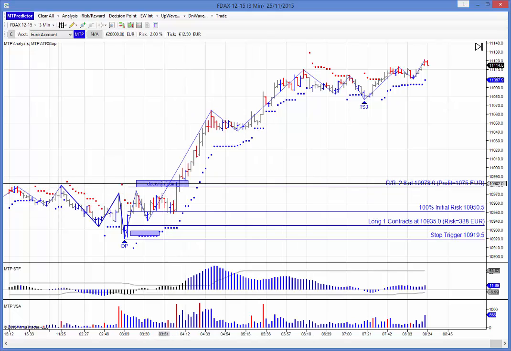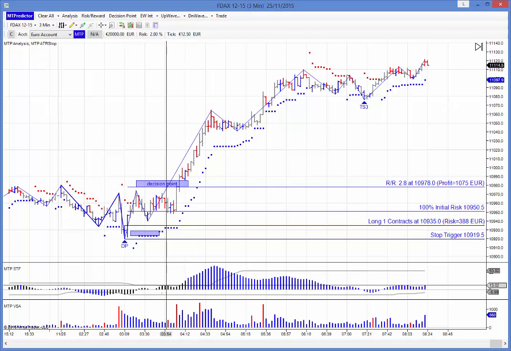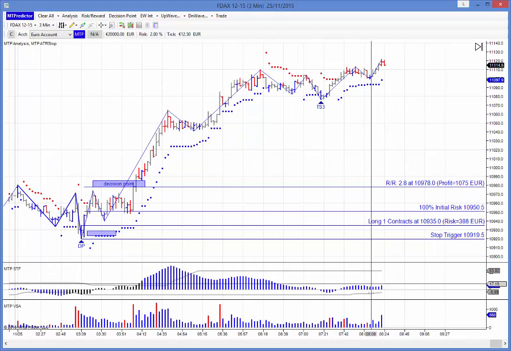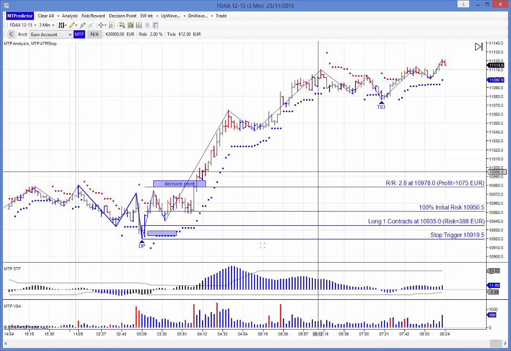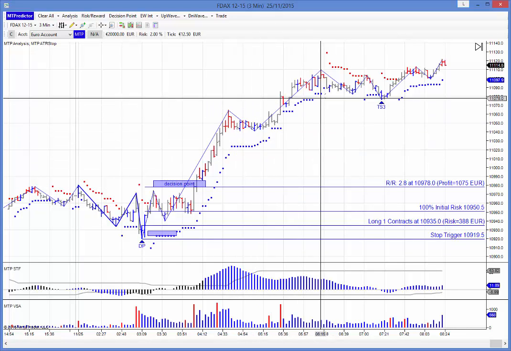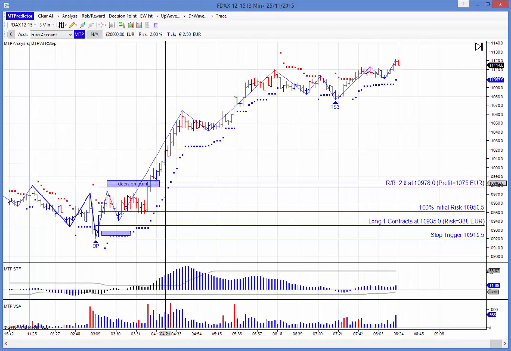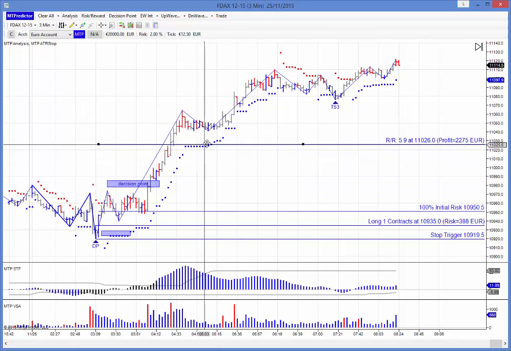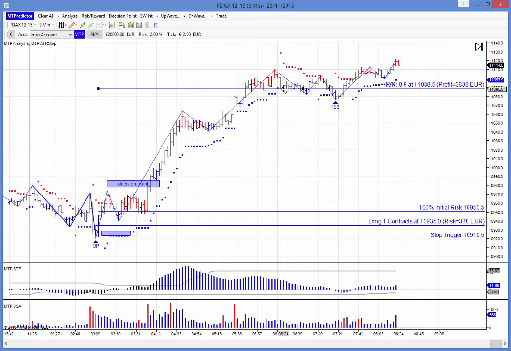But the difference about this particular profit target was, as the market had gone up here, you can see if I've got my cursors just over those levels there, this particular time the market had just touched or just gone beyond the strength band. If you remember, on this other one we were short of our strength band, which is our grey band on our STF. This time the market had gone just beyond our strength band, so that means that the market is likely to go further, and as such we swapped to using our ATR stop, which is our red and blue dots in this case. So you'd have trailed the stop, taking the market up, and then you'd have been stopped out eventually